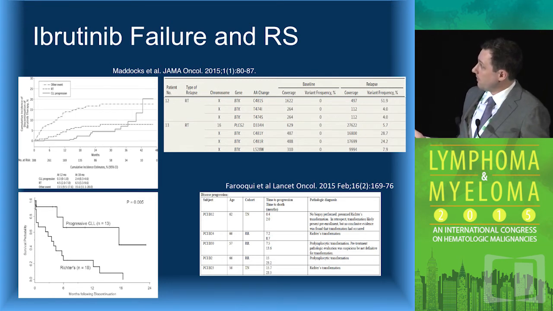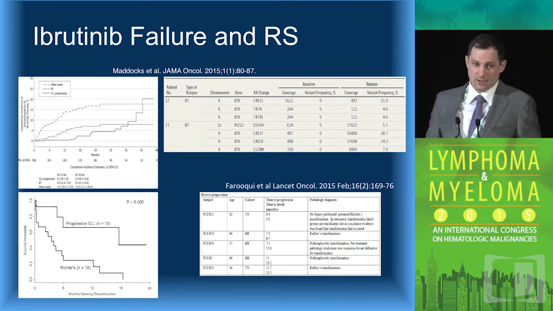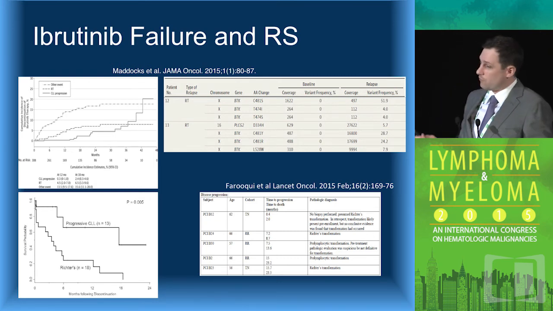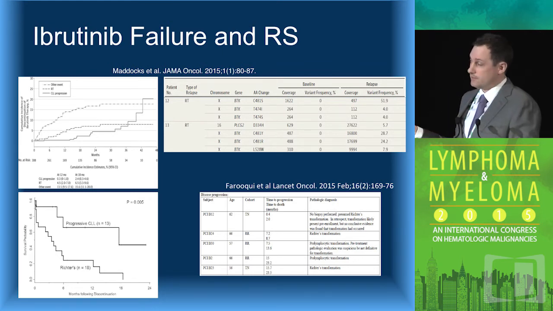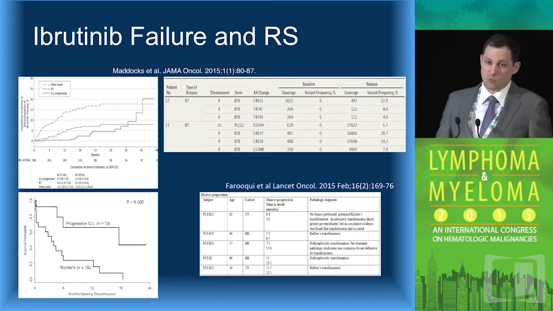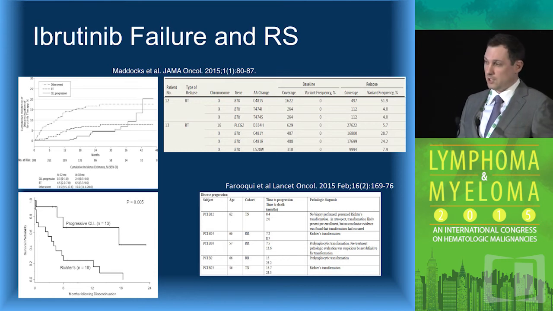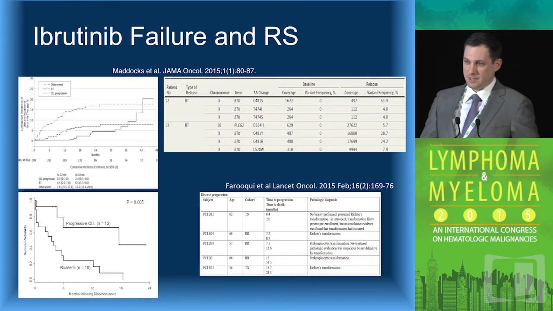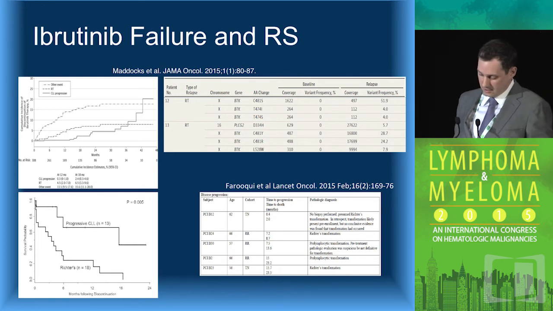Again, if you transform on ibrutinib, outcomes are very poor, with median outcomes of about 6 months after that. Interestingly, of the 18 patients that had transformation, 14 of them had DLBCL. 2 of those patients had a Richter's prior to getting on to these ibrutinib clinical trials. Of the 12 patients studied with de novo Richter's transformation, 2 were found to have a BTK mutation in the peripheral blood, but it has not necessarily been documented that the BTK mutation is there in the lymph node as well.